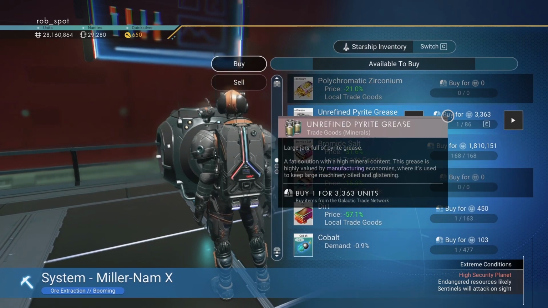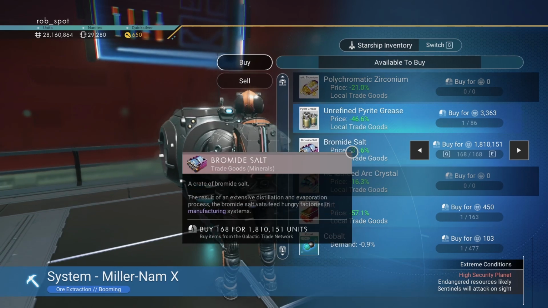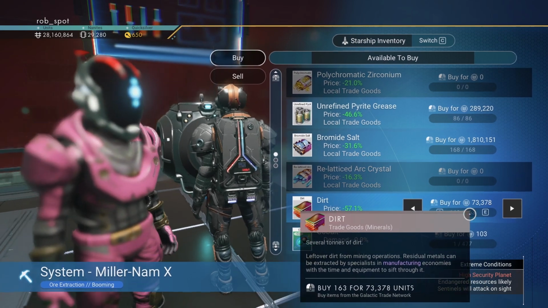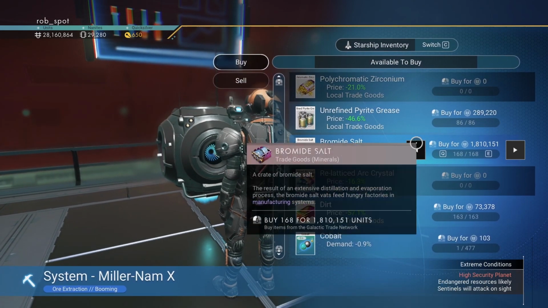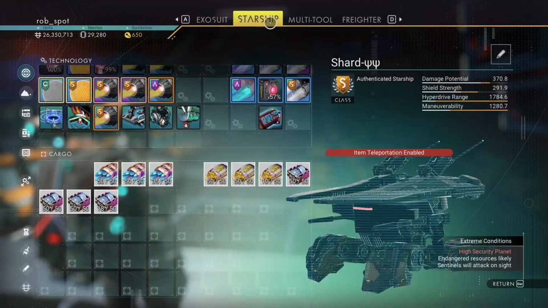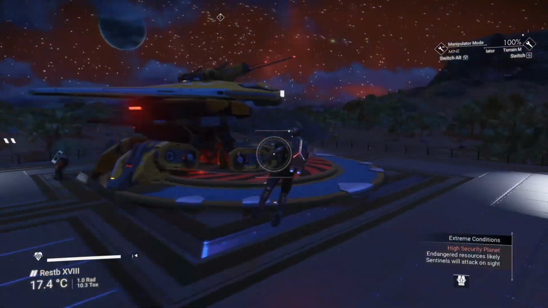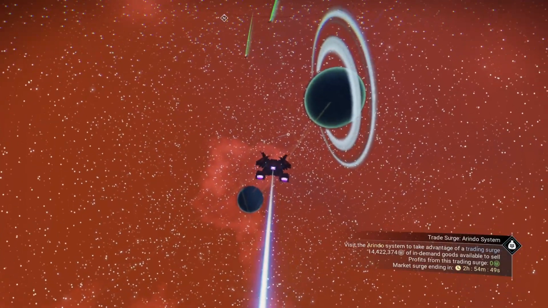Keep in mind, these goods that are less valuable, it's less worth your while, even though the margins tend to be higher on them. Like, it's not really worth buying $282,000 worth of that, or this little $73,000 stack. It's going to fill up your inventory faster. But because I only have 37 million, I'll buy the bromide salt too. Take a look at our Starship inventory here. You can see that we have enough room to do 3 or 4 more of these mining systems if we want. I'm going to go to the space station though and show you guys what the margins look like